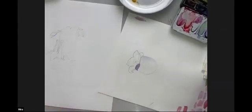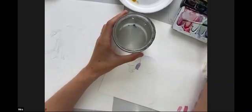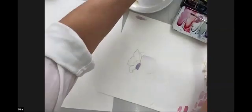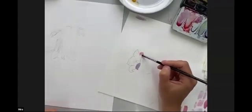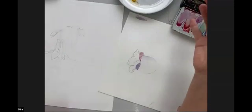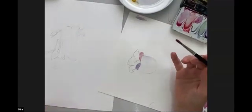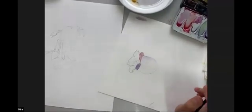So the first thing that I see happening a lot is that people, for example, put your brush in your water. You go to your palette to mix your color. And then you think, okay, this is the color that I want, and you're happy with that. And then you immediately go to paint. The problem with that is that because you just dipped your brush in your water, you've just fully dipped your brush in your paint to mix it, your brush is fully loaded with the maximum water and color just by default. So the first habit that I really want you to get into the habit of is,